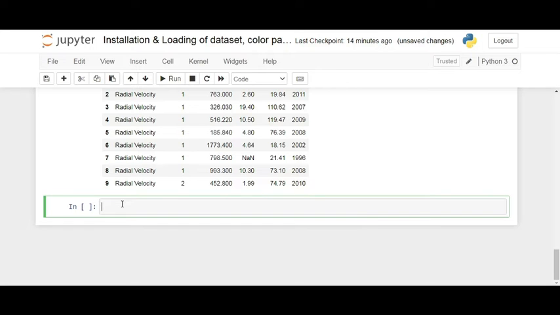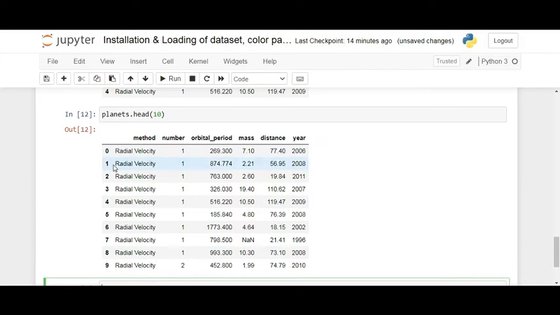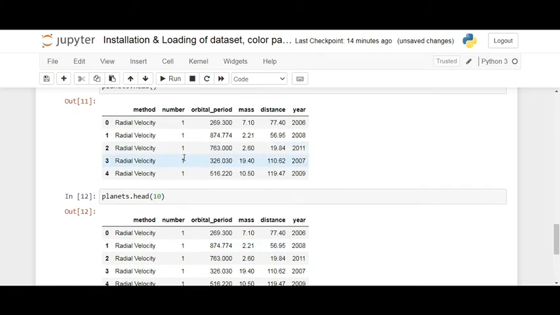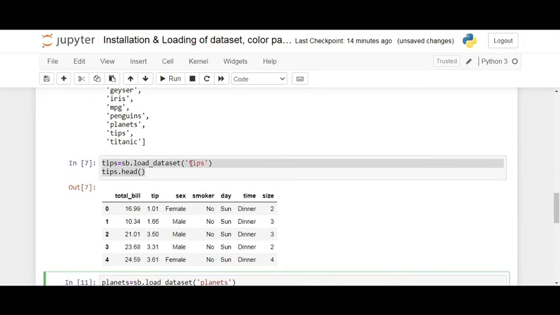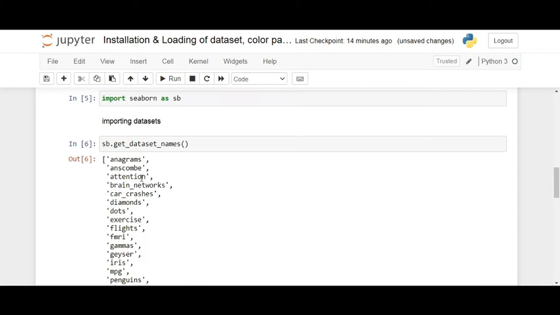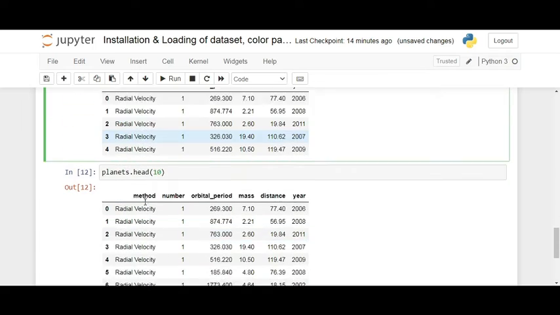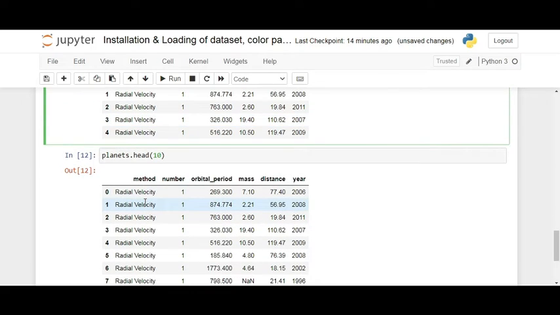So here, these are the data frames. Whatever we use here, these are data frames. Planets, tips, Titanic and so on are the data frames which are used for learning purposes. So basically, what is meant by data frames?